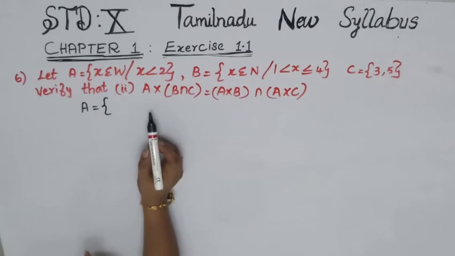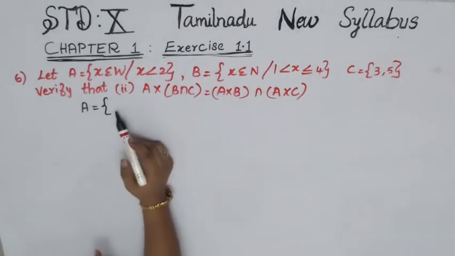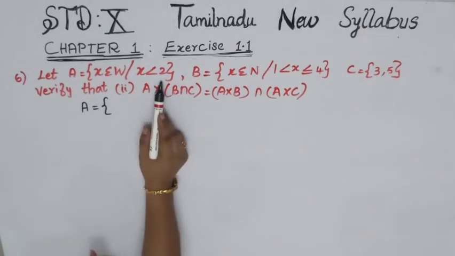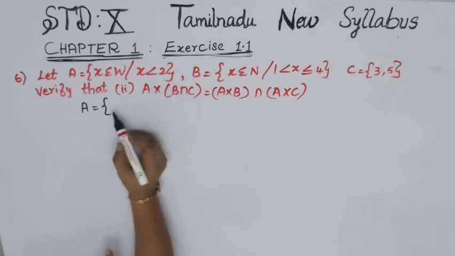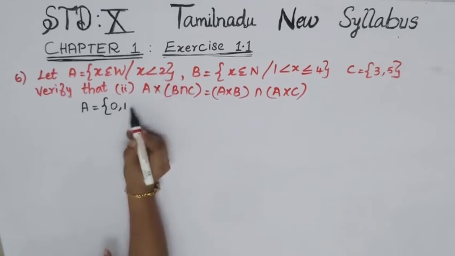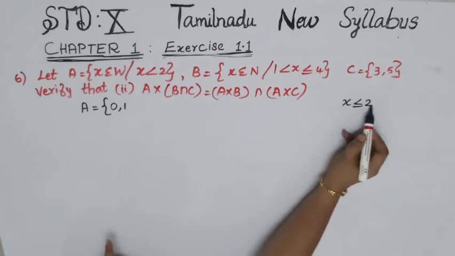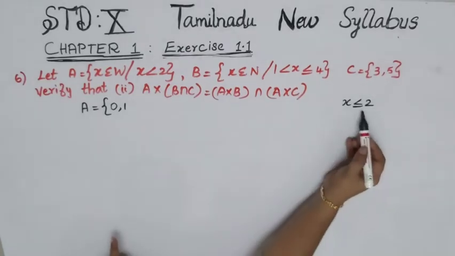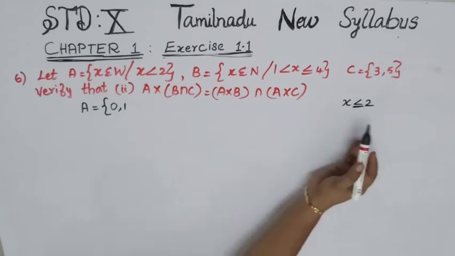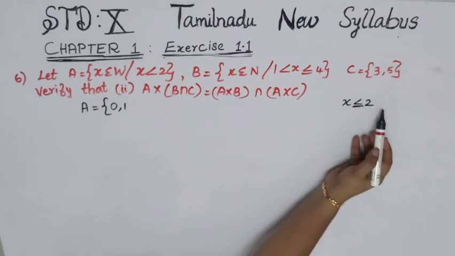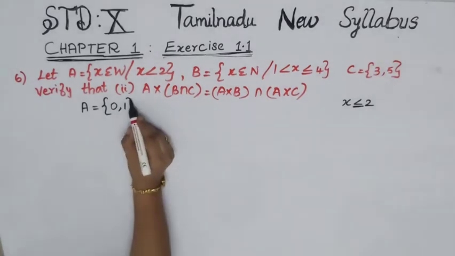We will have to write it as a set first. So A is equal to whole numbers up to 2, not including 2. So you have to write 0 and 1. If this line, the underneath line, is there, then that number is included, children. That is x ≤ 2, then that line will be there, so at that time you will have to write 2. Otherwise 2 should not be there, because only less than is given.